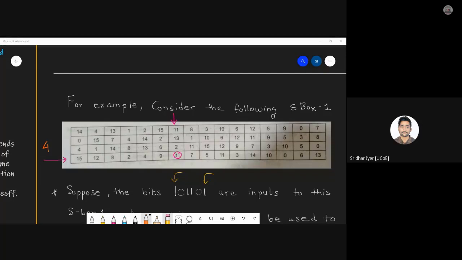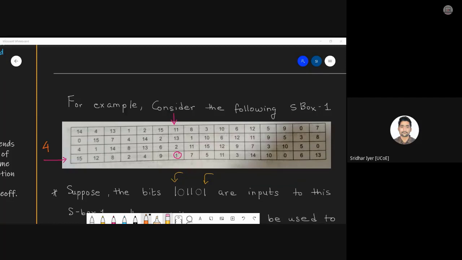So from a theoretical point of view, we can represent a 4-bit value over here. What exactly happens is, if you check the table carefully, 15 is repeated 4 times. You will see that 15 is written at 4 places.